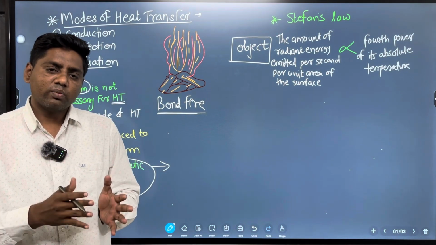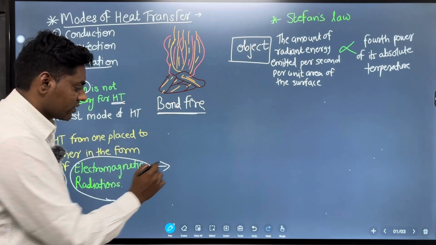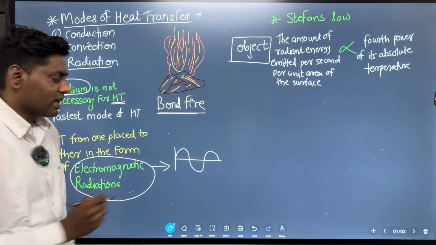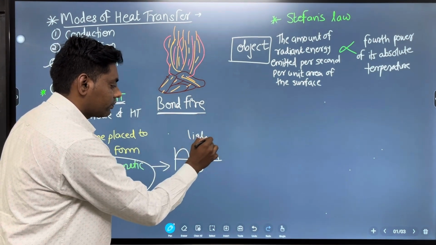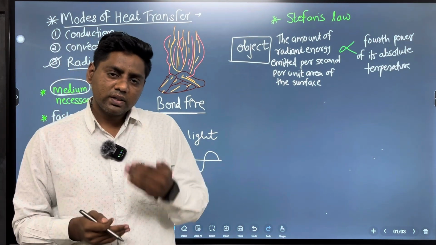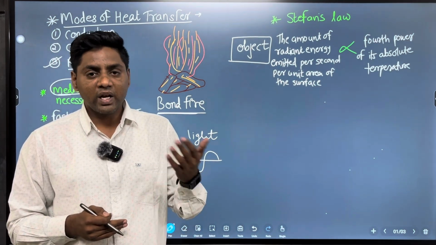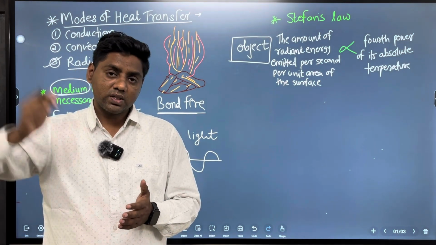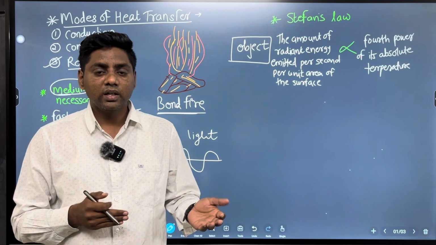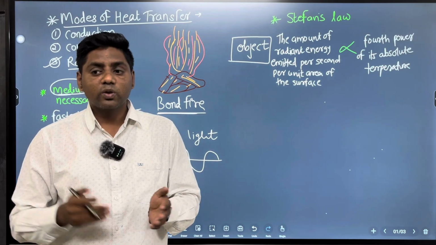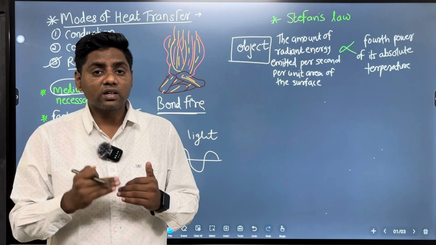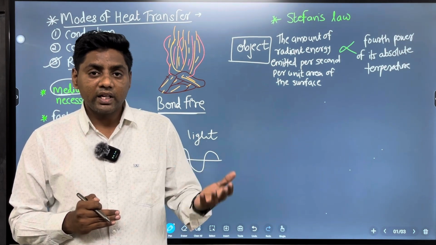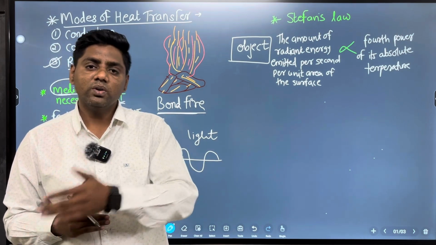Electromagnetic radiation is transverse in nature. There is alternate formation of crest and trough. The best example is light. The Earth receives light in the form of electromagnetic waves, and we know that light travels from a very far distance and approaches the Earth in the form of electromagnetic waves, and there is free space in between. So we can conclude that a medium is not necessary for the transfer of heat by means of radiation from one point to another point.